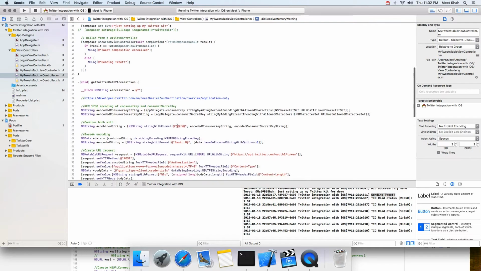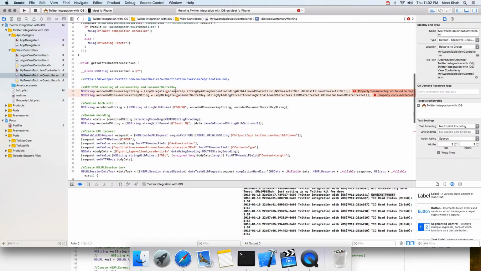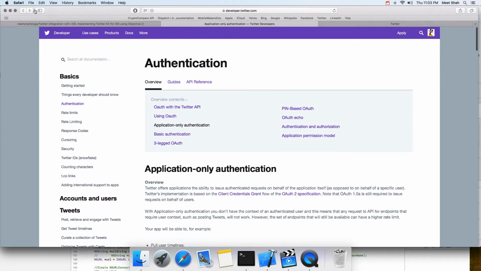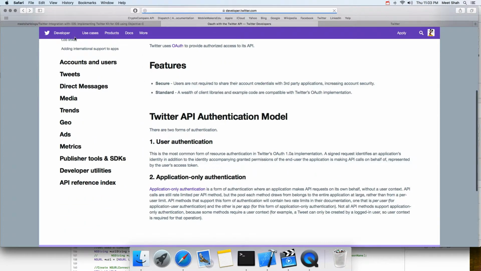Okay, so now this app delegate has our Twitter, sorry, this will be the consumer key, this will be the secret key. So I'm basically encoding the consumer key and secret key, and then I'm combining with the colon. So let's go back to our instruction here. Application only authentication,